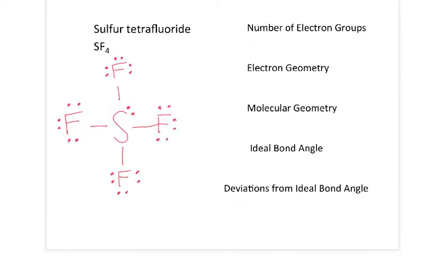Okay, our next example, we want to determine the geometry of sulfur tetrafluoride, or SF4. So again, we're given the Lewis structure. This has 1, 2, 3, 4 bonded atoms, 1 lone pair on the central atom. So I have 5 electron groups. When I look at the table, 5 electron groups corresponds to